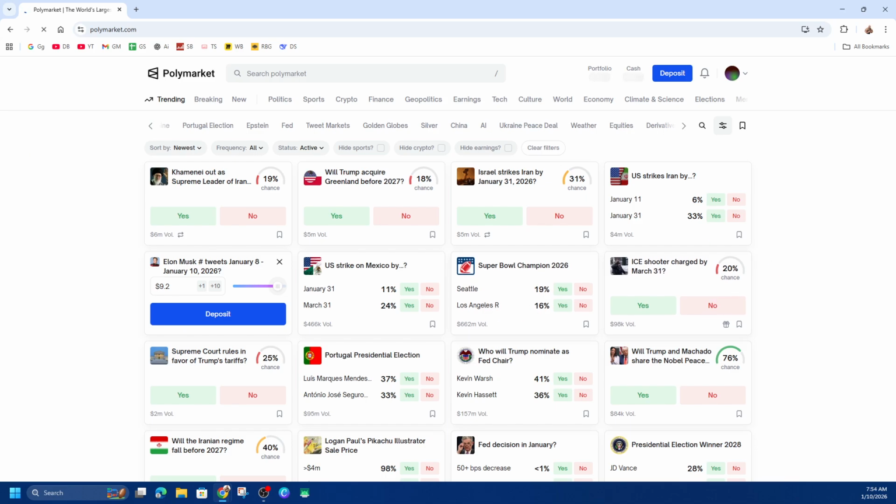Now, when an event ends, if your outcome was correct, each winning share becomes $1 USDC. If you lose, shares become 0. And also the platform handles settlements automatically. So unlike other sites similar to this, you might need to wait a few days or a few weeks, depending